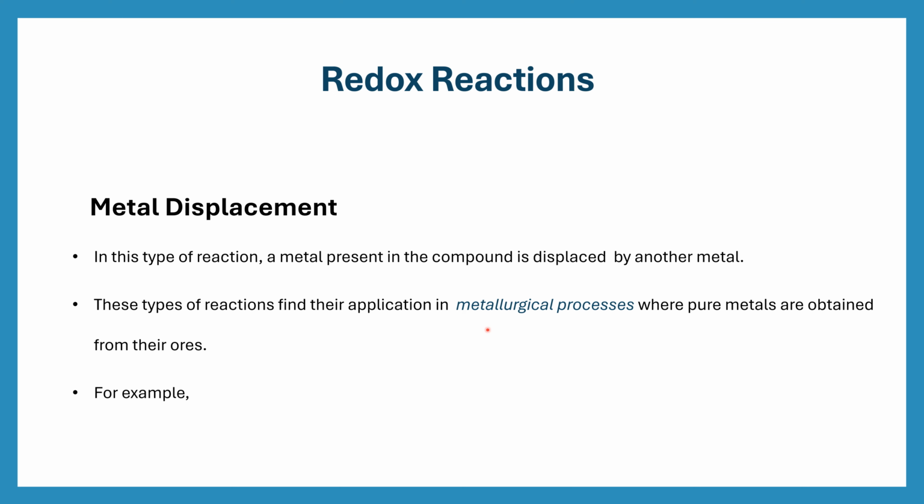Let us look at a classical example of copper sulfate and zinc. Here is what's happening. Zinc is more reactive than copper, so it steps in and replaces copper in the copper sulfate solution. As a result, we get pure copper in the products, and we get a solution of zinc sulfate. So this is a classic example of a metal displacement reaction.